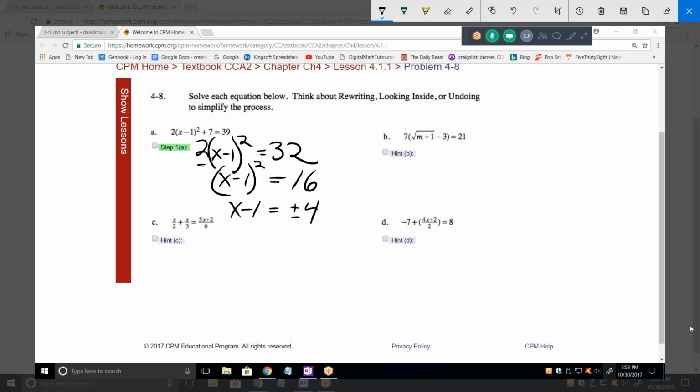So now try and isolate x. What is still keeping me from isolating x? Minus 1. Okay, so what do I have to do? Add 1. I'm going to put it in front just because that's a more familiar place for it to be. Now tell me the 2 answers. So x equals